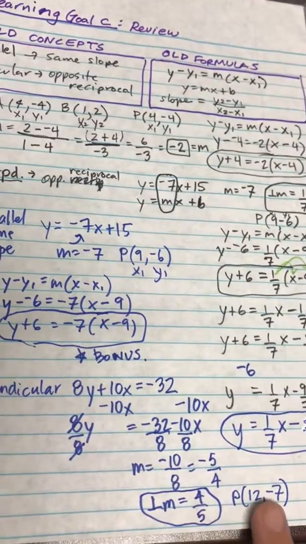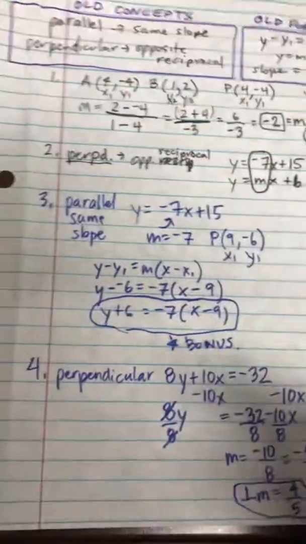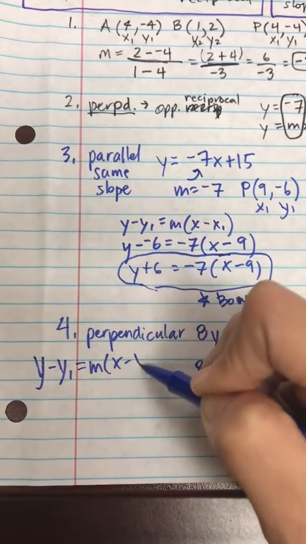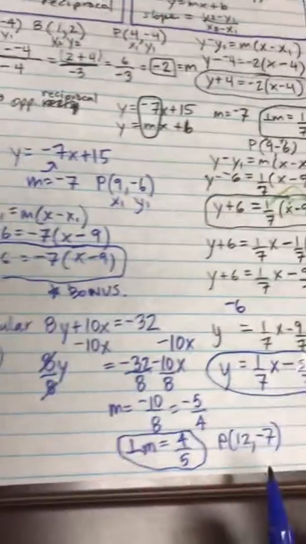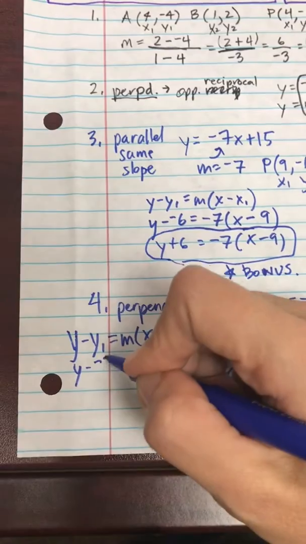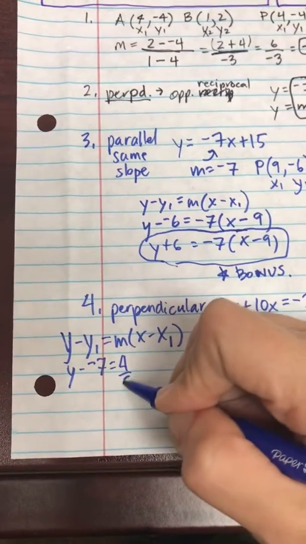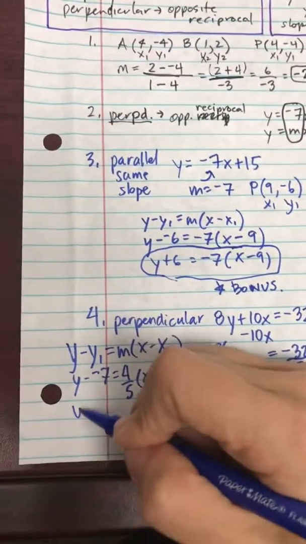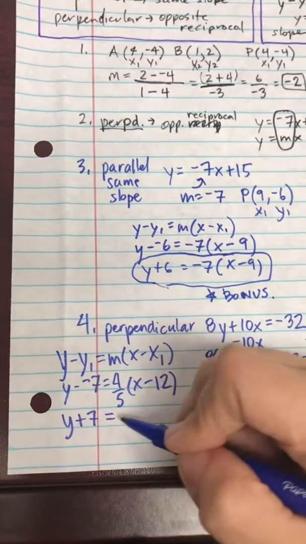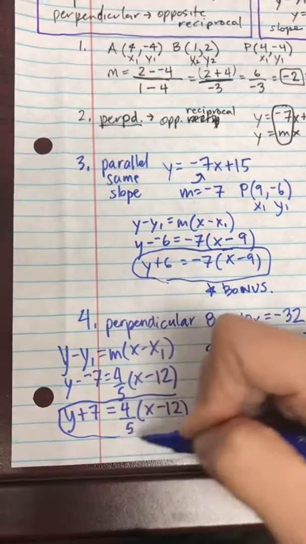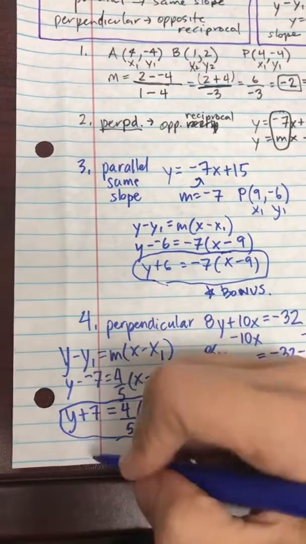Okay, so let's do it. Let's plug this into the point-slope formula. Y minus y1 equals slope times x minus x1. My x coordinate is 12, my y coordinate is -7. So y minus -7, slope is 4/5, x minus 12. So we have y plus 7 equals 4/5 times x minus 12. Once again, I don't have time to write it in slope-intercept form, but if you know